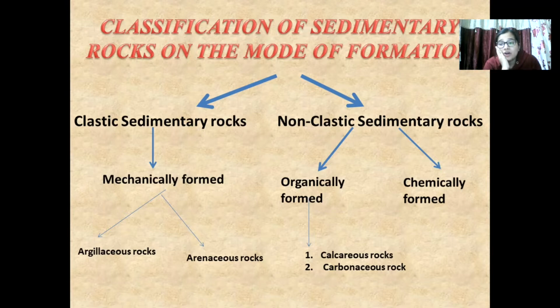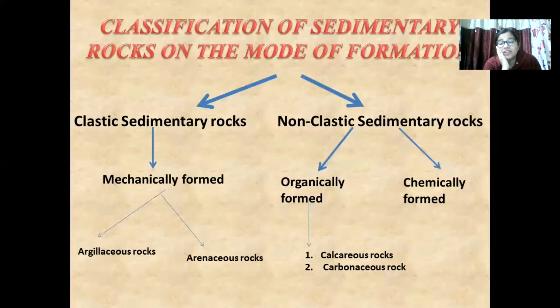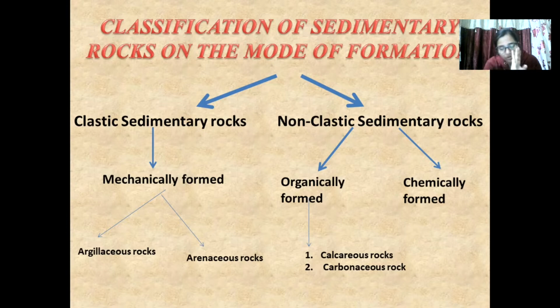Why? Because of the forces of weathering, or the agents of erosion, like wind and river. Not weathering, sorry, agents of erosion. Because wind will not just blow and stop there, it will also carry. And we know weathering happens where the rock breaks in its original place. But erosion also means displacement of the broken particles.